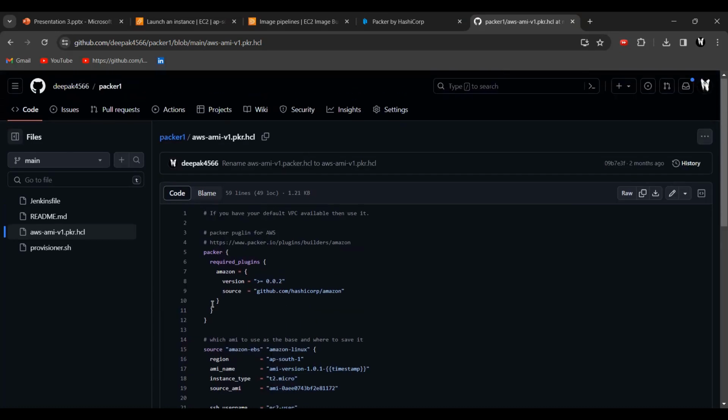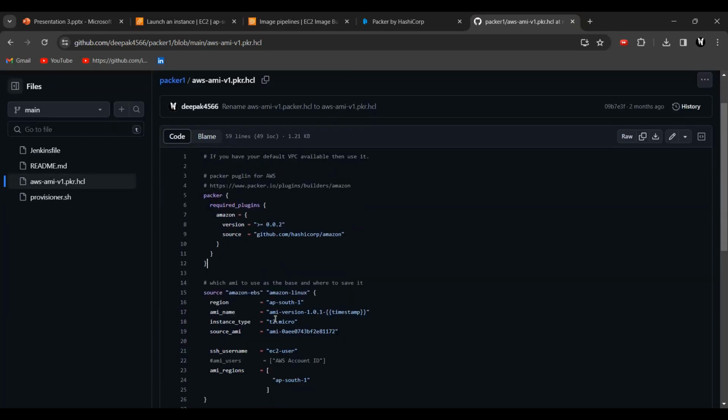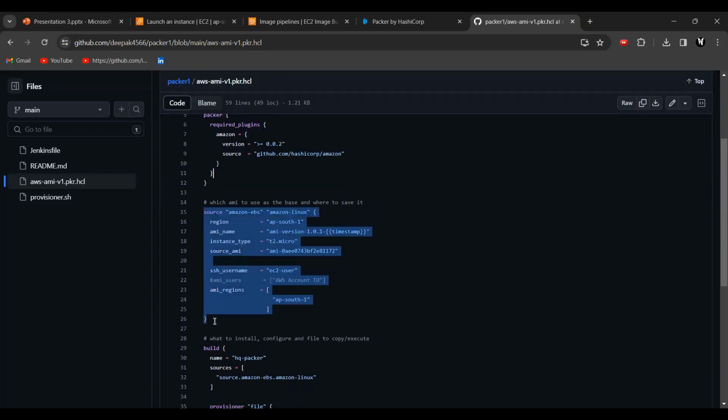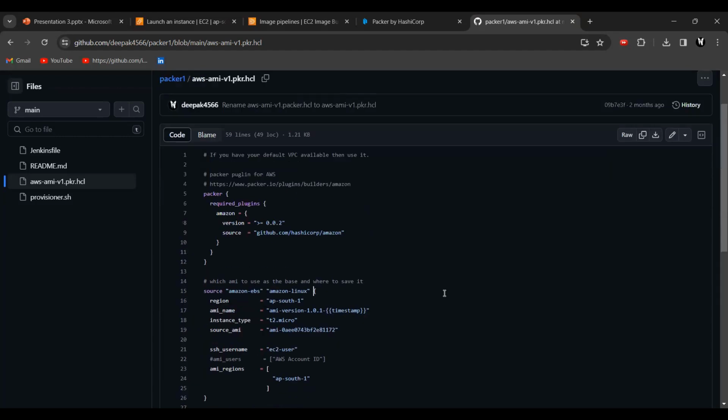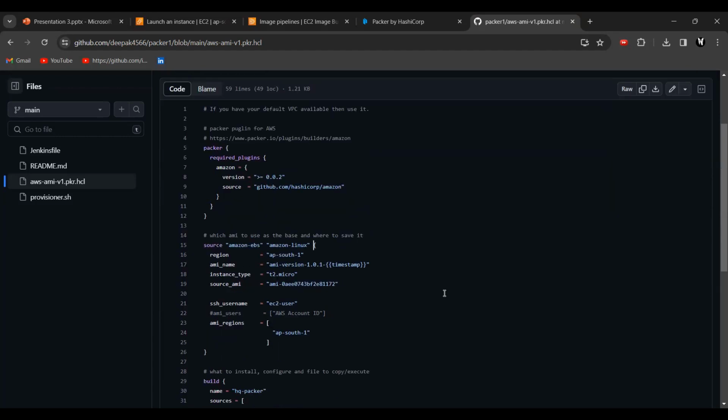That is the thing. Here you can see this is a plugin. I'm picking it up from the official documentation only. And the next thing is the source. I mean, from which source it is taking. On top of which operating system it is installing these softwares, like AWS CloudWatch, AWS SSM Agent, Docker Compose, and many more coming soon. Yes, here you see Amazon Linux; on top of Amazon Linux, we are creating an AMI.